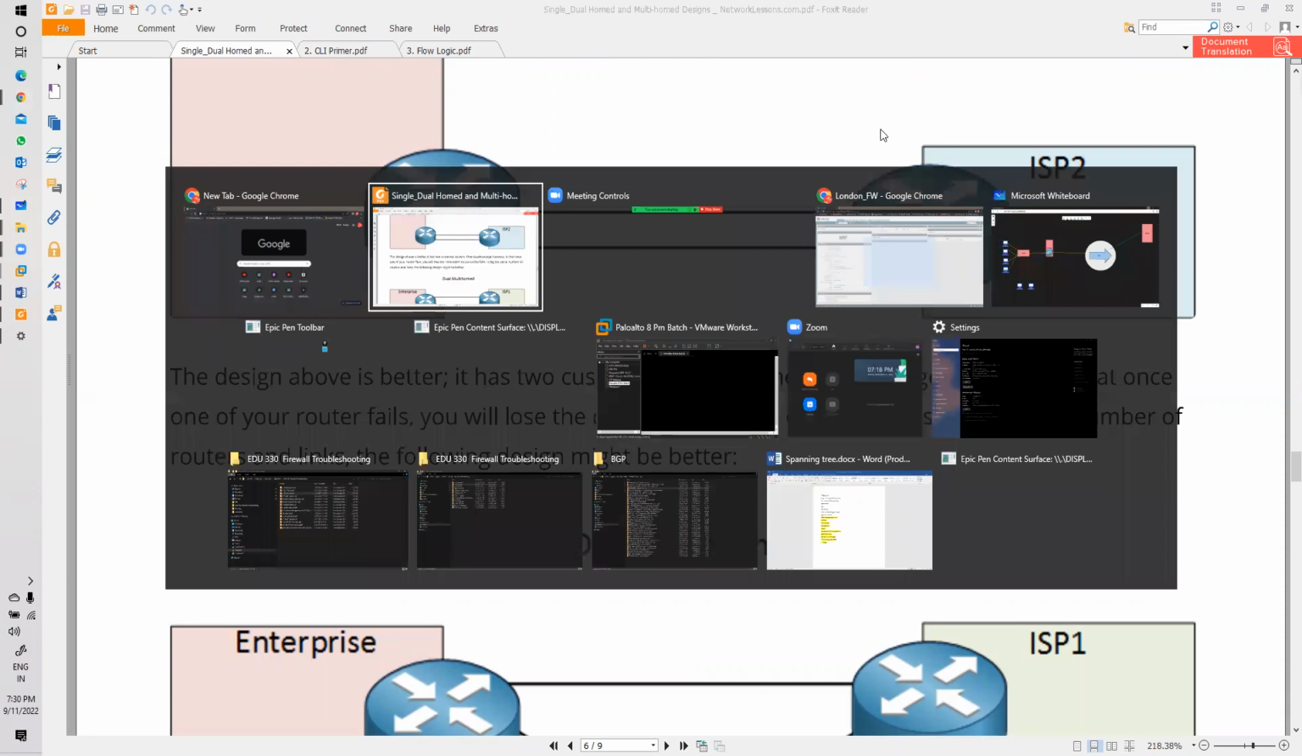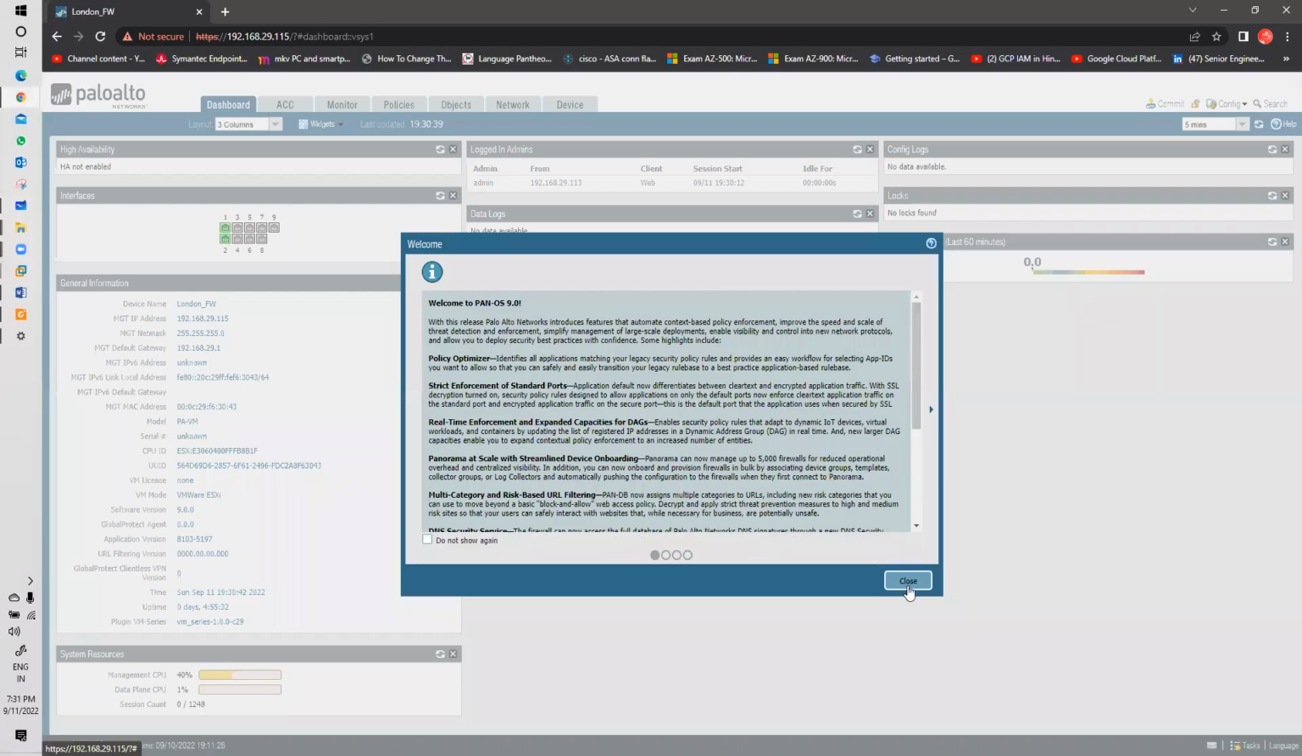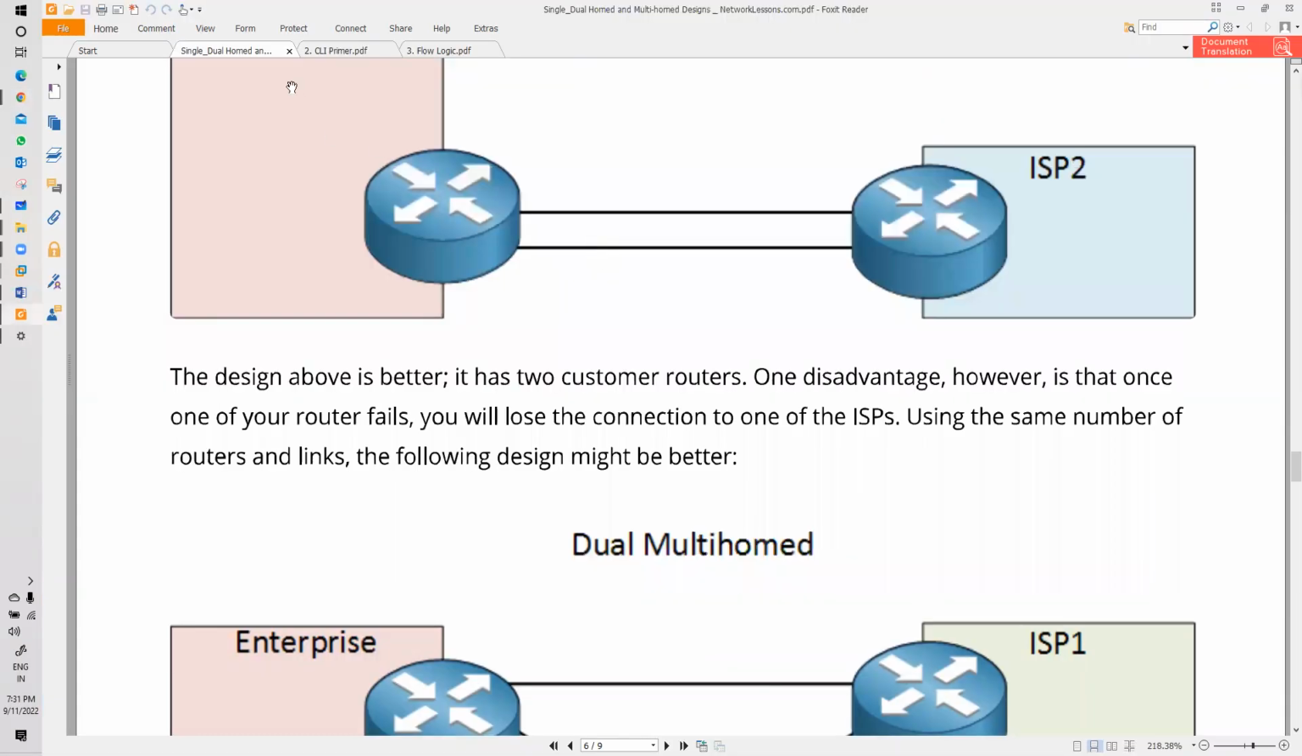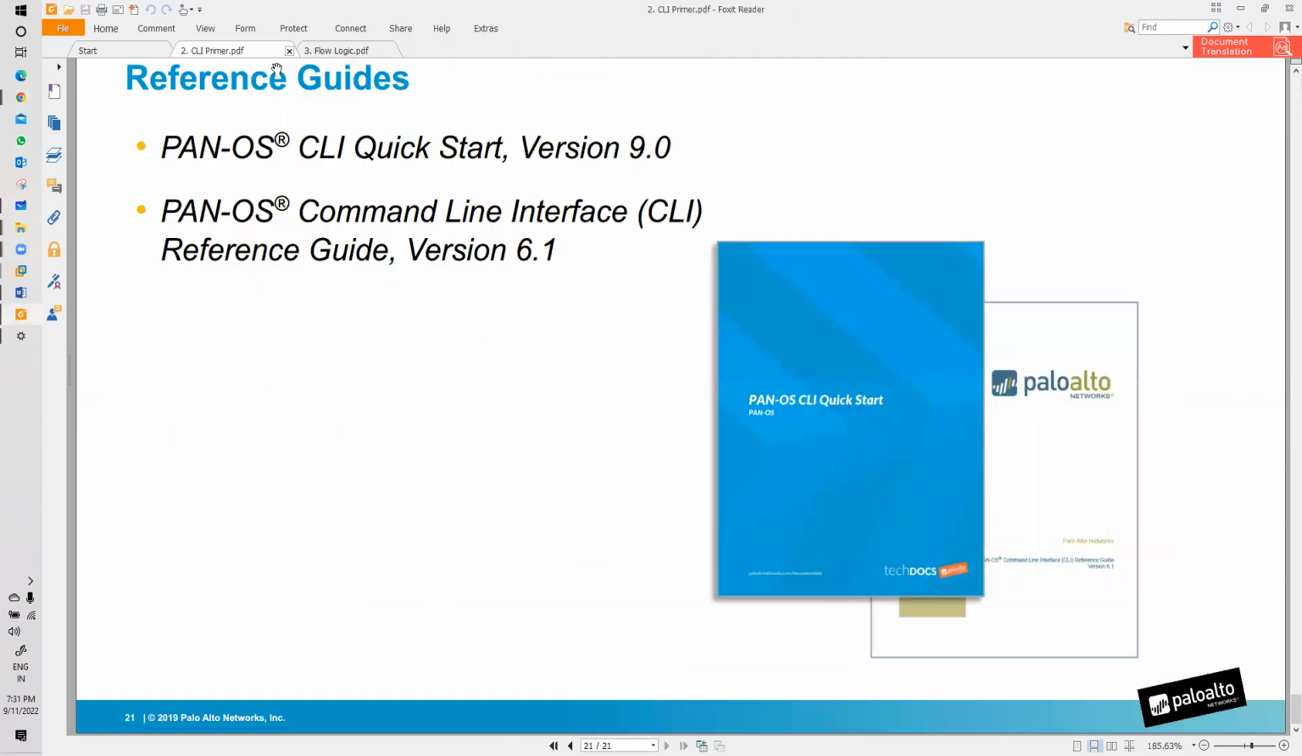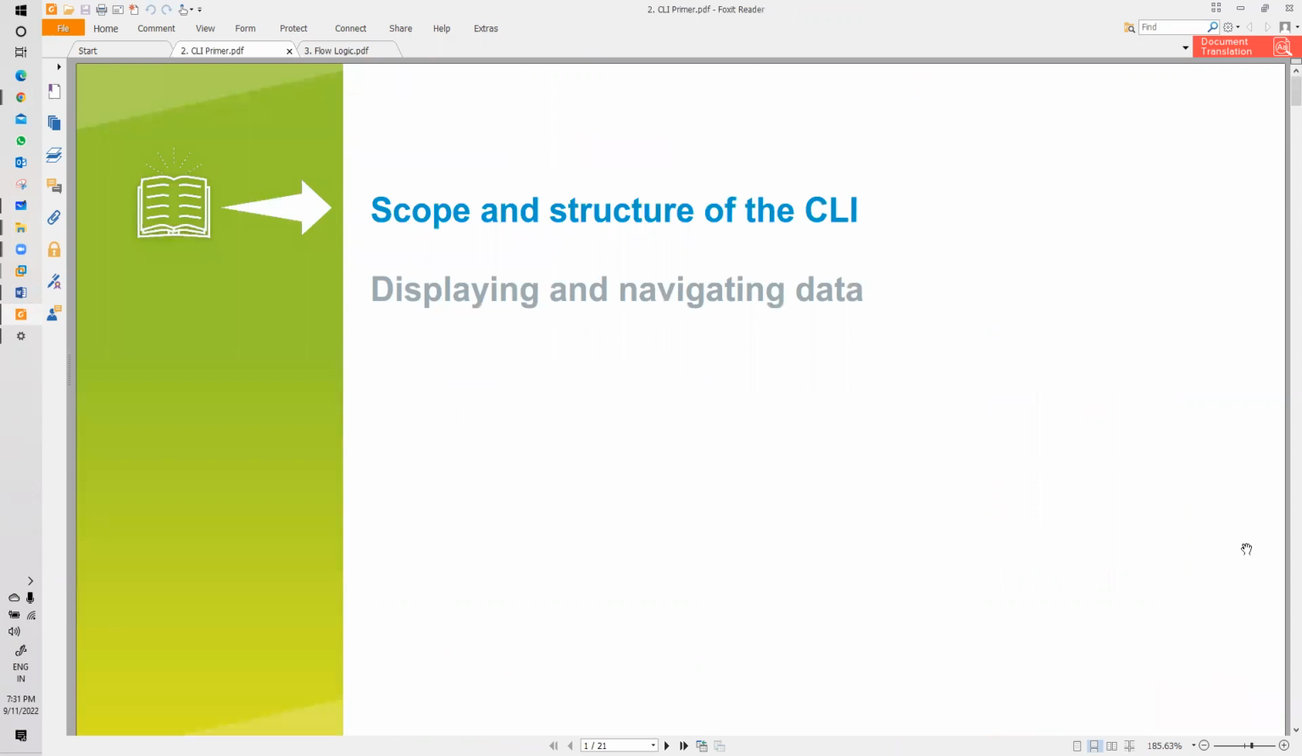Let me set up everything, then we will start. So today we are going to discuss the CLI primer. We will start with some basic CLI commands and go to advanced CLI commands,